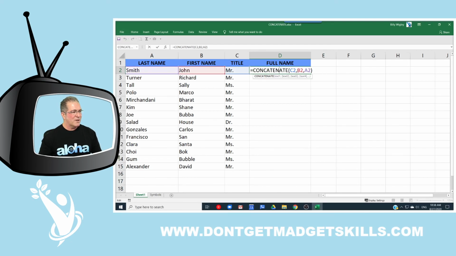We could always go right inside the formula and type in what we need. So here's where we put in, right after C2, we want a space. So we would type in